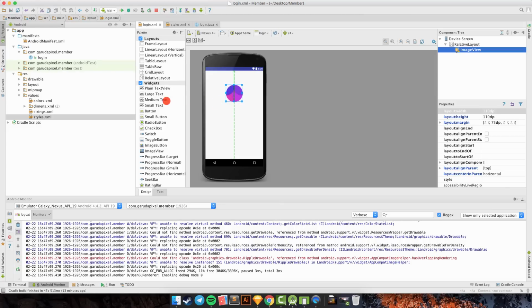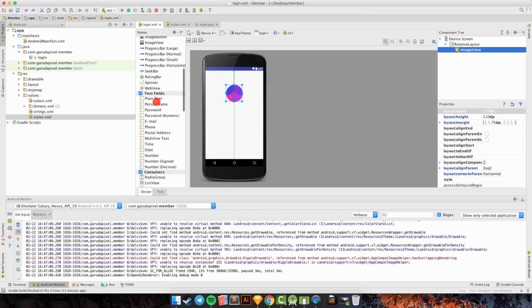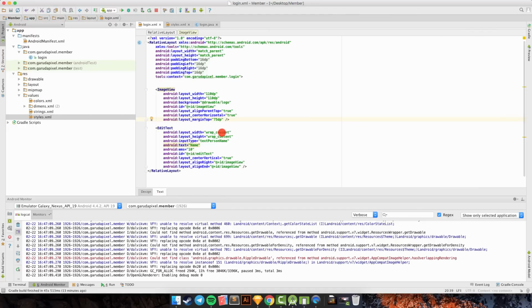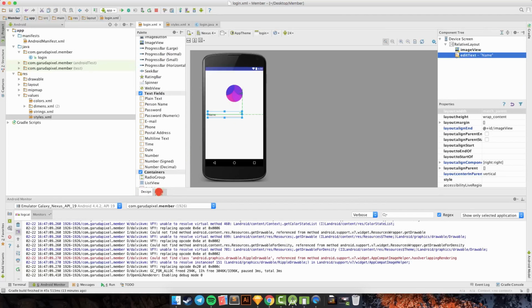And next we need to create the username and password, so we click the person name here, and then we can go to text and set the edit text to match parent. Okay, and you can see the properties on the right side.